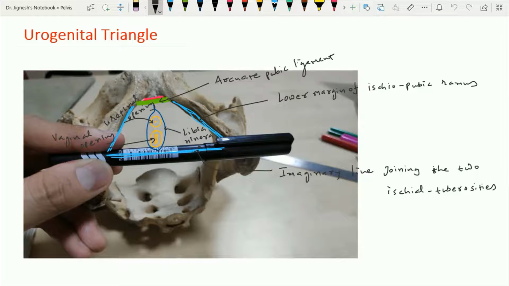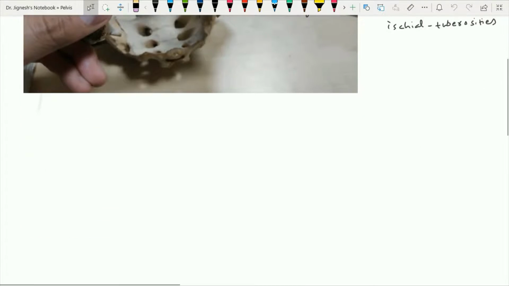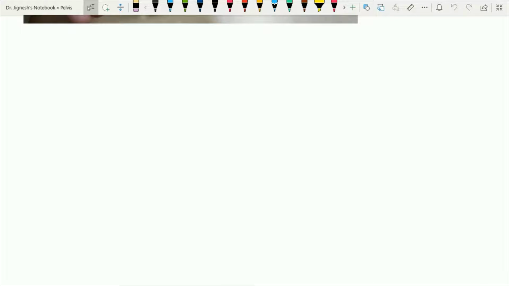Now let's see this urogenital triangle in a little bit more detail. But before going into detail of the urogenital triangle, let's see the structures from superficial to deep side, so we can say from outer side to inner side, which are present within the urogenital triangle. As we already know, this perineum is the direct continuation of the anterior abdominal wall, and that's why the layers of the anterior abdominal wall are concerned with the layers of the perineum.